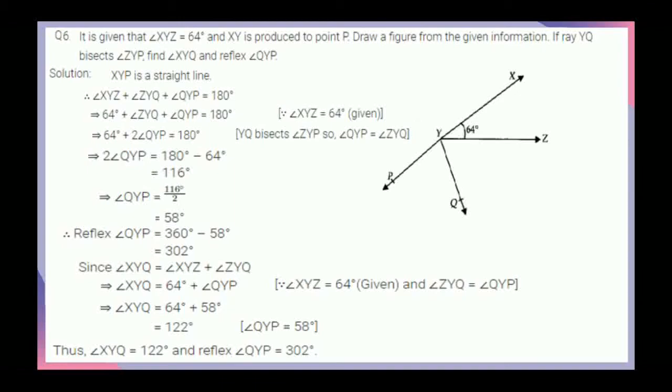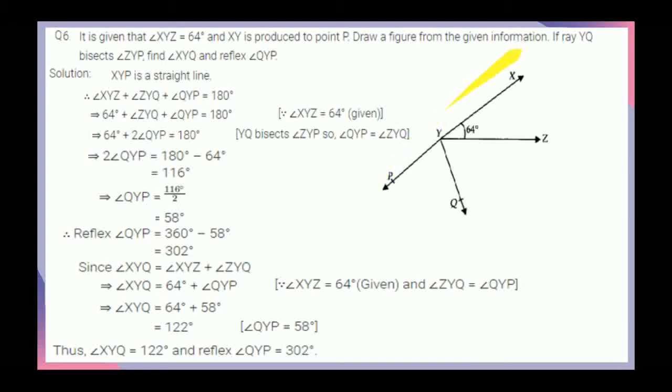Now, question number 6. It is given that angle XYZ is equal to 64 degrees and XY is produced to point P. Draw a figure from the given information. If ray YQ bisects angle ZYP, find angle XYQ and reflex angle QYP. Now see,